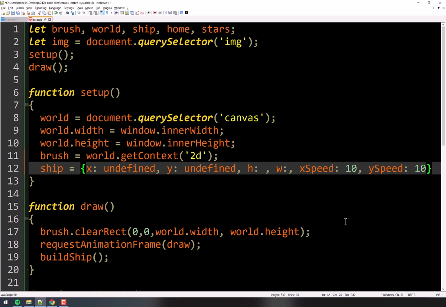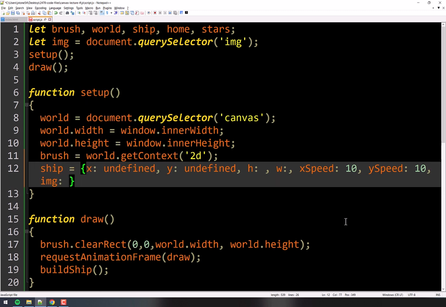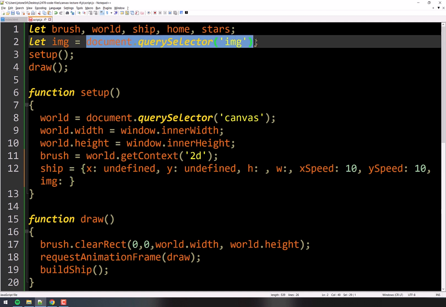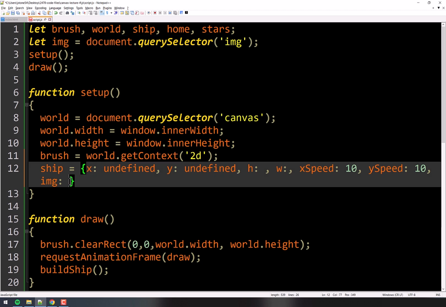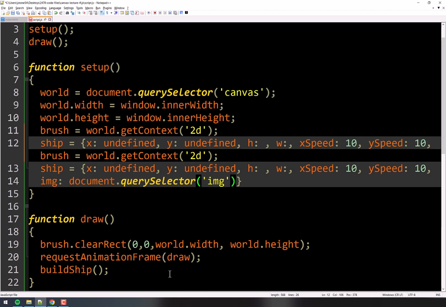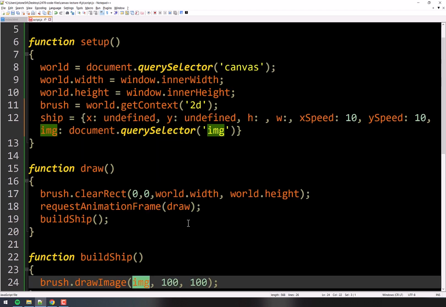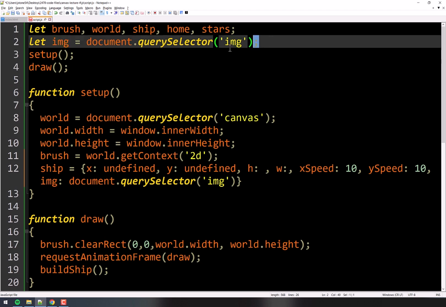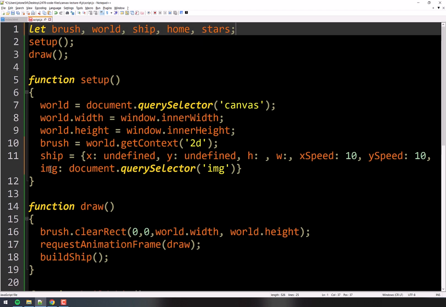The ship's image. And so we can call it image if we want. So we'll say ship image, and we're going to just give it the value of that right there. So I'll just paste that in there. And now if I were to say ship.image right there, that would be the image from our DOM, and we don't need this anymore. And this doesn't have to be called image, right?